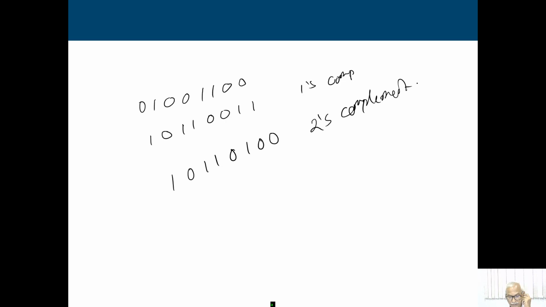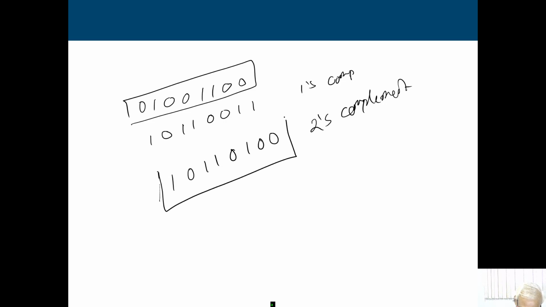Okay. Now, here I can observe one thing, you just see, if this is the original number and this is the 2's complement. For 1's complement, the observation is very simple, just every bit is flipped. If it is 0, we are making it 1, or if it is 1, then we are making it 0. But here also you can see some pattern. You just consider these 3 bits and these 3 bits. They are the same as in the given number.